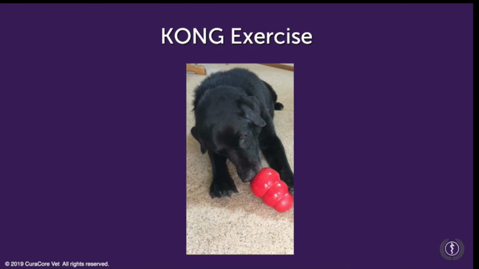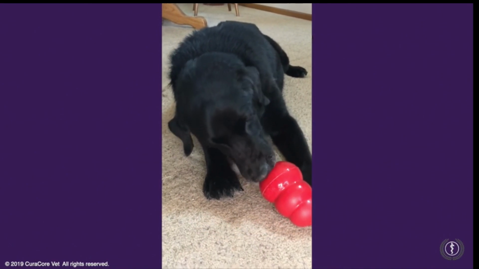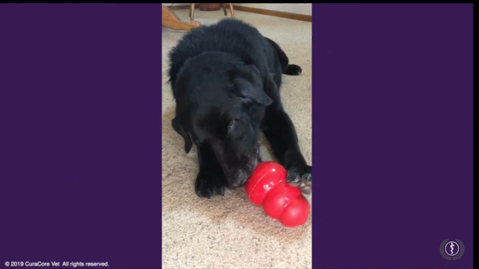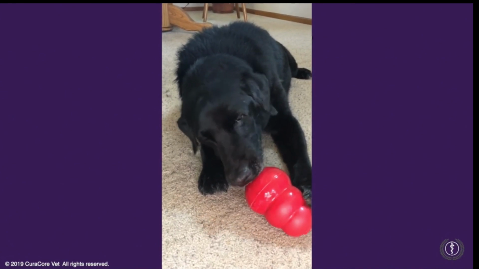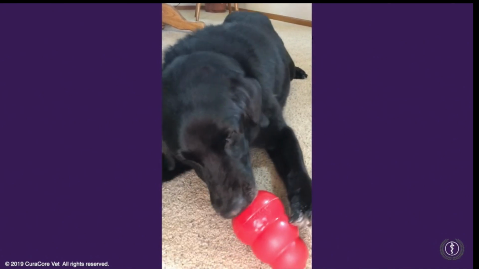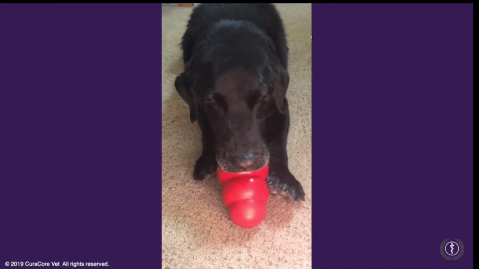Here's a video of Foster, who I showed you a photo of just a minute ago. And I have given him a Kong. Now remember, his head was tilted to the left. So I positioned the Kong so he had to turn it the other way. That's a good neutral position on that last part there. So again, when their appetite is improved, even just a little toy like this can be really helpful for the vestibular system.